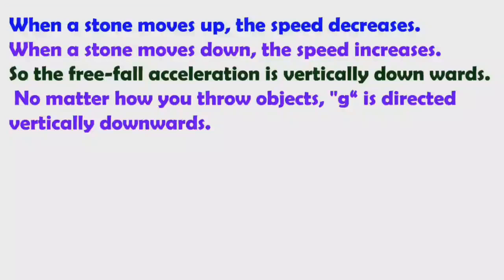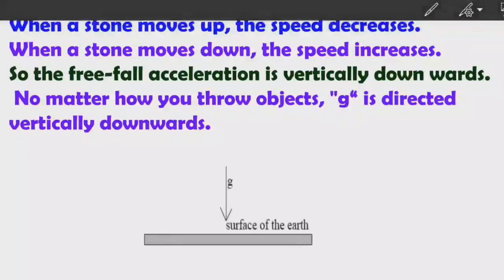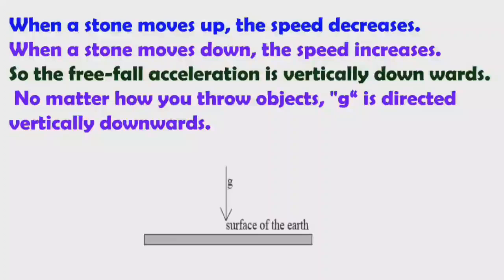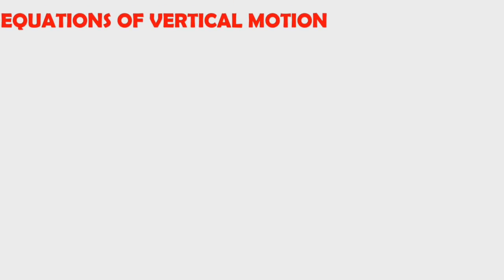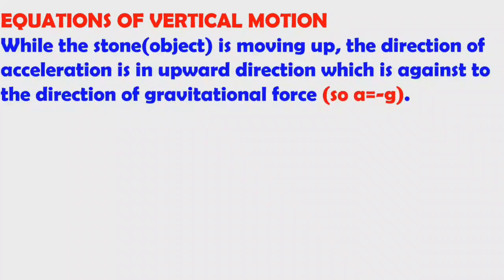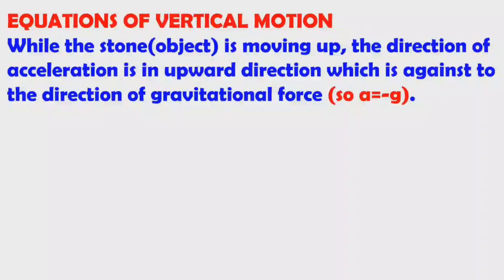Have you thrown objects? g is always directed vertically downwards. Here we can see g always acts toward the earth surface, or vertically downwards. Now we will see the equations of vertical motion. While the stone or object is moving up, the direction of acceleration is in upward direction,